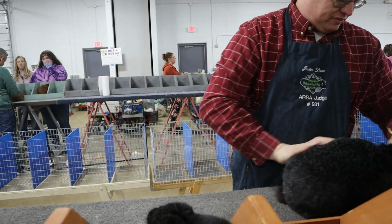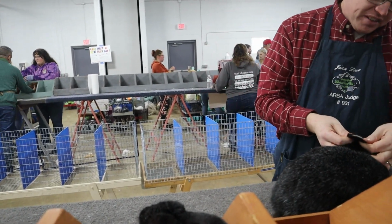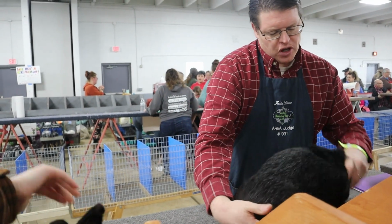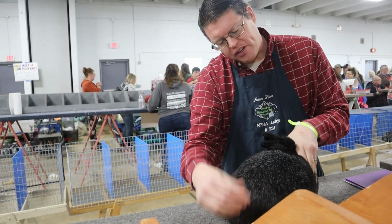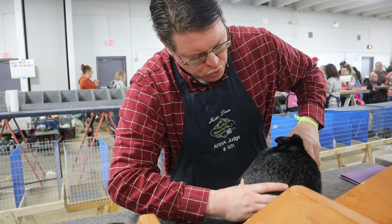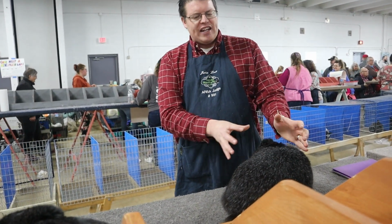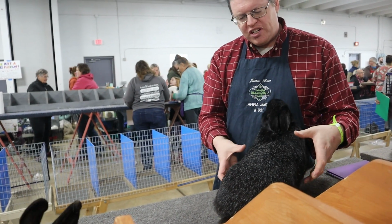First place, WTF2238. Good bone structure, good mass on this guy as well. Good length of shoulders there. Blends well through that loin and lower hindquarters. Although he's a little light on that head,